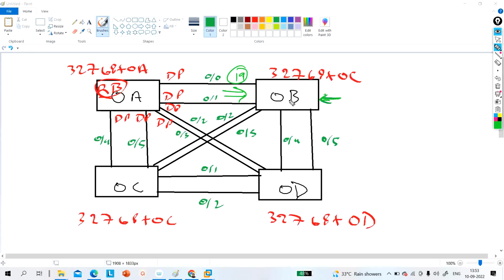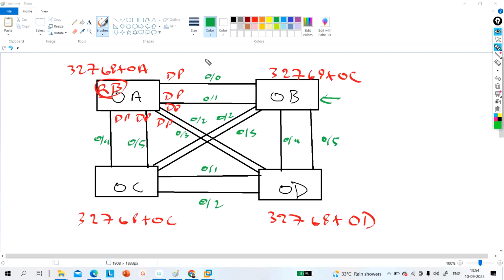When switch 2 receives BPDU on these two ports, cost will be 19 plus 19, 38. So definitely switch 2 is receiving superior BPDU on these two interfaces, yes or no? So out of these two interfaces, one port will become what? RP,